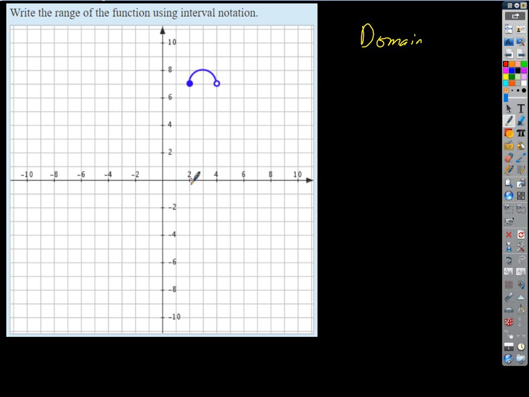Yes. Okay, up to 4. Do I include 4? No, okay, so I have to do that, right? So if I want to write the domain as an inequality, it's going to look like what? X is greater than or equal to 2 and